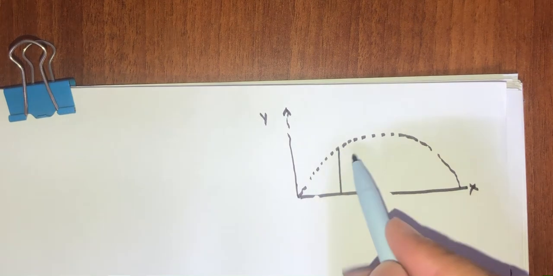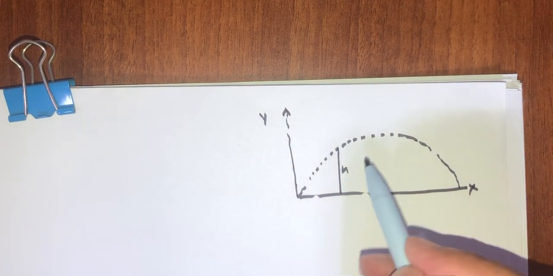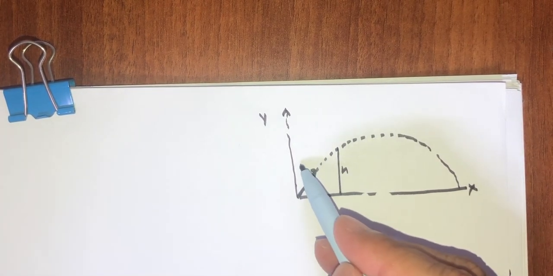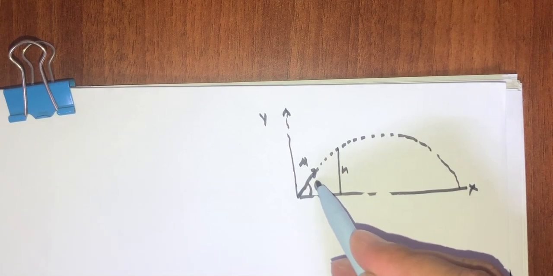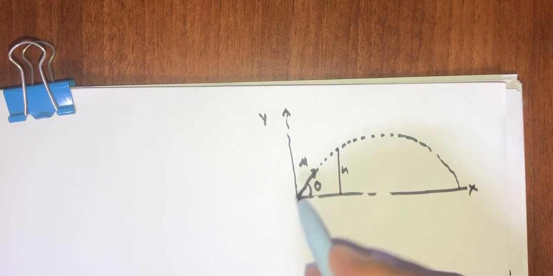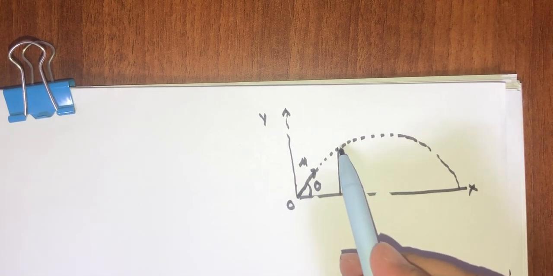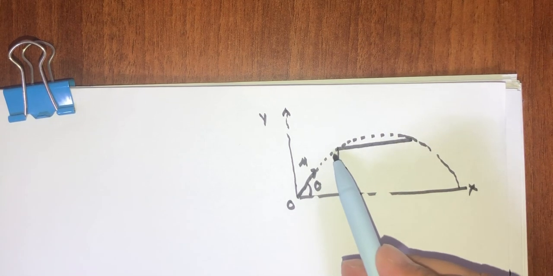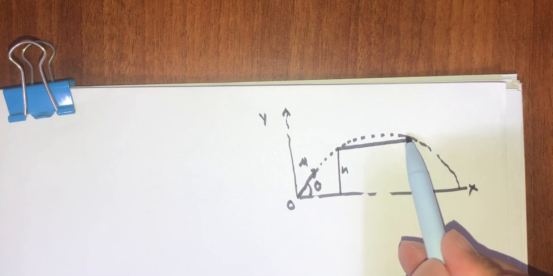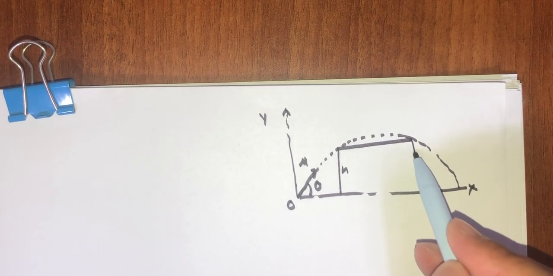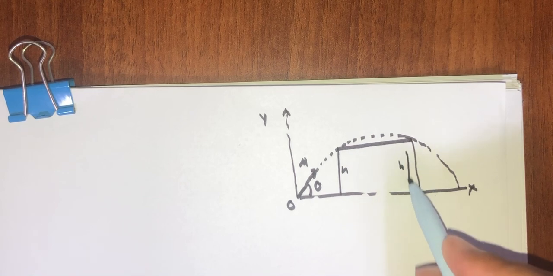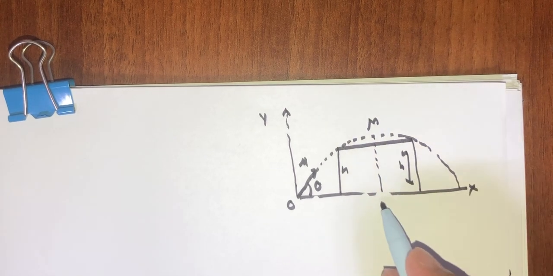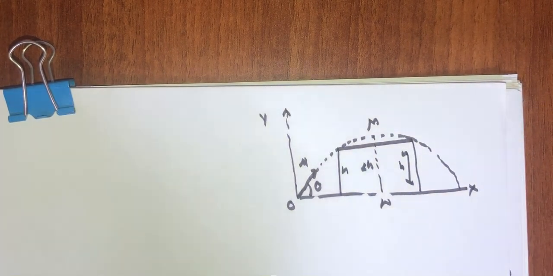on a pole whose height is given by h, and the initial velocity of the projectile is u and the angle of projection is theta. As soon as the stone is projected from this point O, the bird starts to fly in the horizontal direction this way, and the stone still hits the bird when the stone is descending. So it means at this point the height will still be h, and the maximum height, let us suppose this is m and this is n, is given as 2h, and